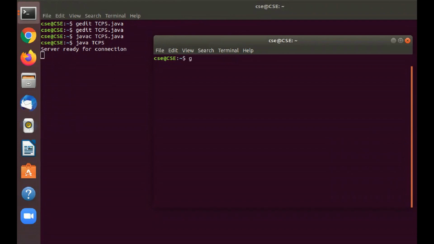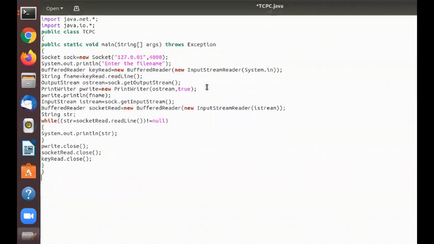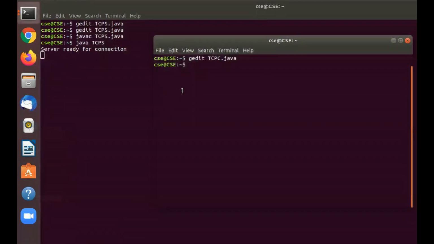Now gedit tcpc. I am giving the file name as tcpc because that is my Java class name, tcpc.java. Write the program here, save it and close the file. You can observe that the Java class name is tcpc.